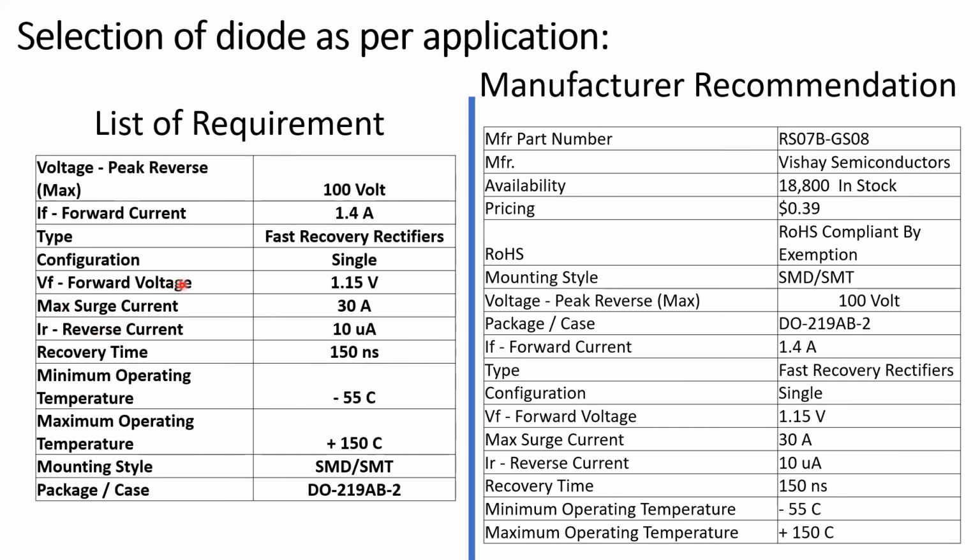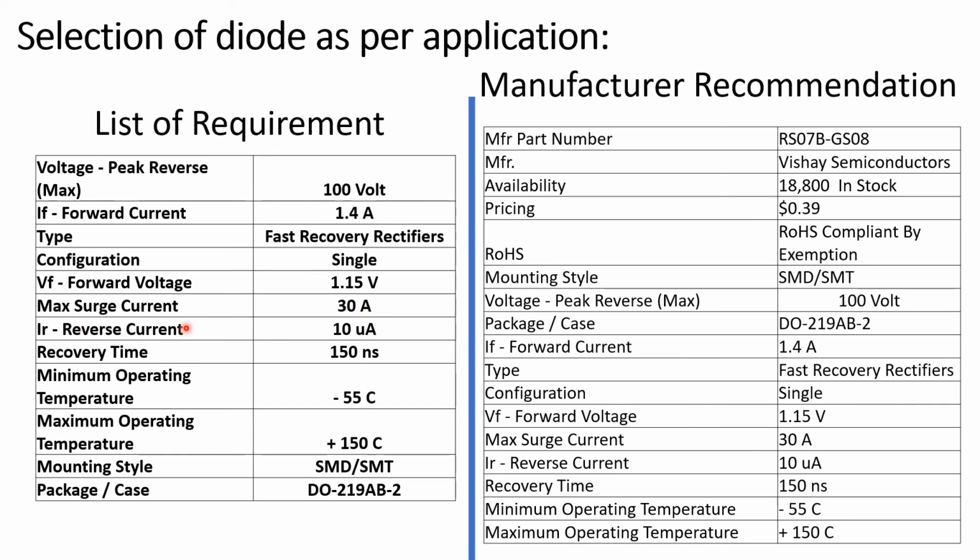Then forward voltage drop. In most books you have seen 0.6 or 0.7 volt drop, but once you do the measurement, you see that it's more, up to 1.5 volt. So basically, practical diodes are almost closer to 1 volt. Only very specific devices will come in at 0.2, 0.3, 0.5. So you will always be getting around 1.15 volt.